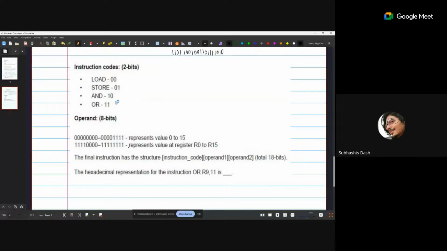So load is 00, store is 01, and is 10, the next 8 bits essentially just give us the value from 0 to 15. I think that we can extend this also if needed. So this is the next